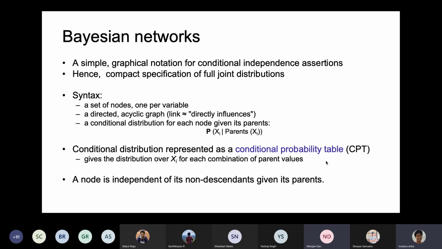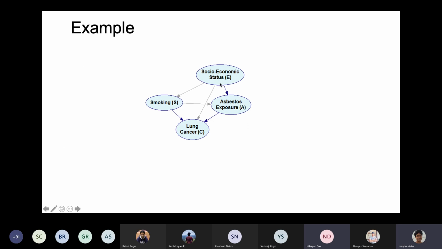We will see it in the next slides. So what does the CPT give? The distributions over xi for each combination of parent values. Say, for example, let us take this example, the asbestos exposure. It has two parents, smoking and socioeconomic status both. So my conditional probability table will give the probability for asbestos given all the combinations of smoking